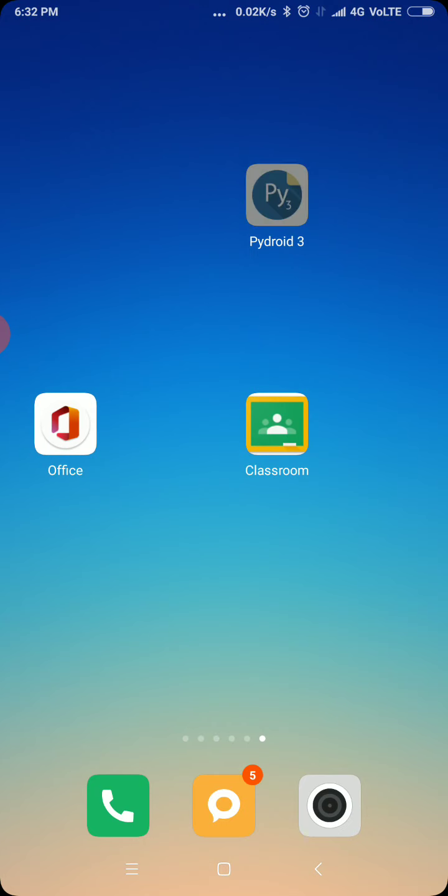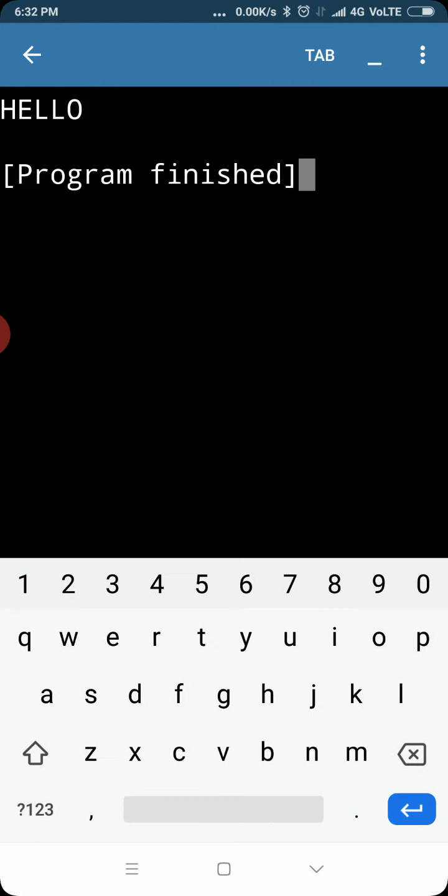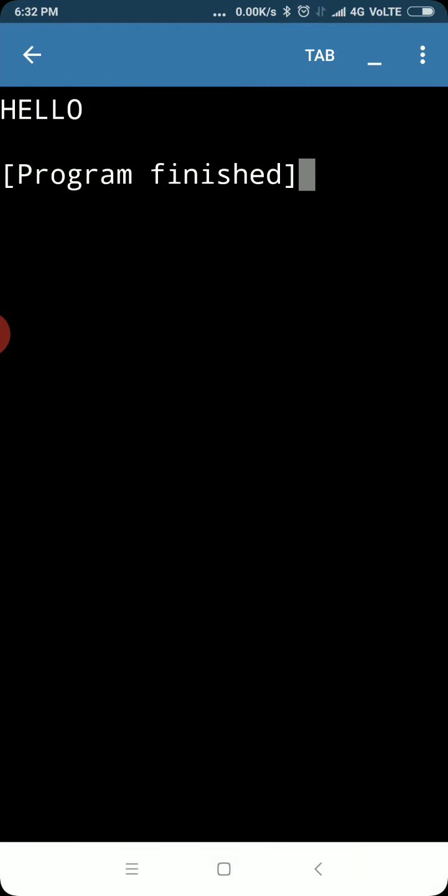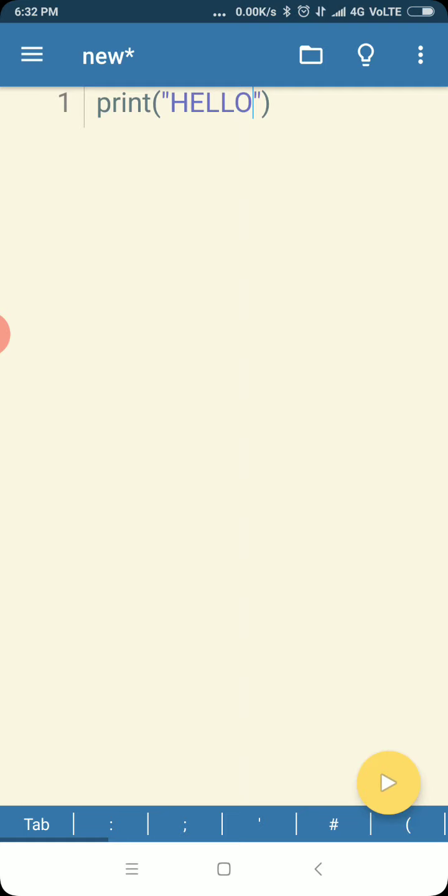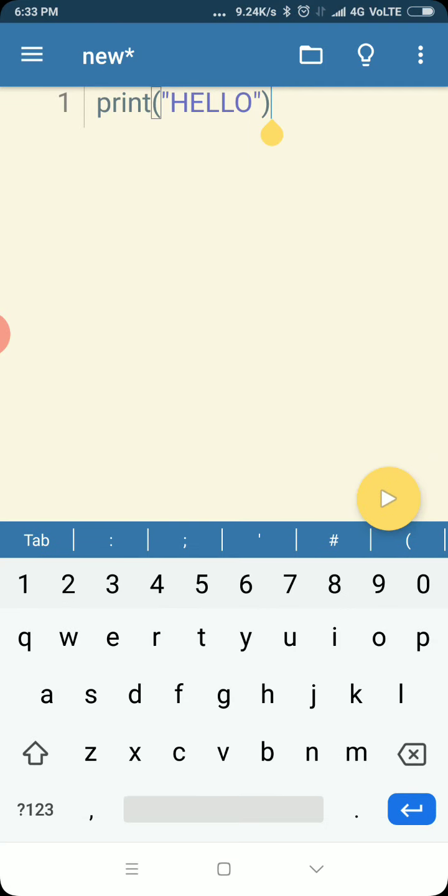Now when you will click it, you can see here I was actually running some outputs. So now this is the window which will open in front of you. Here you can see this window will open and line number 1 is written. Here it is a new file. We can save the file also. So here we will start with the programming.